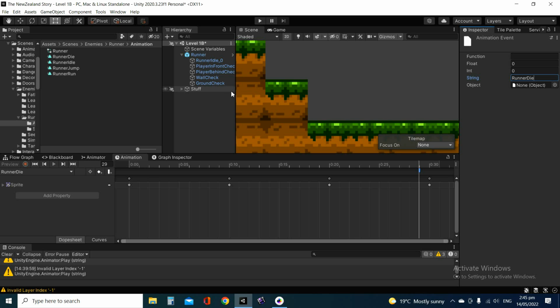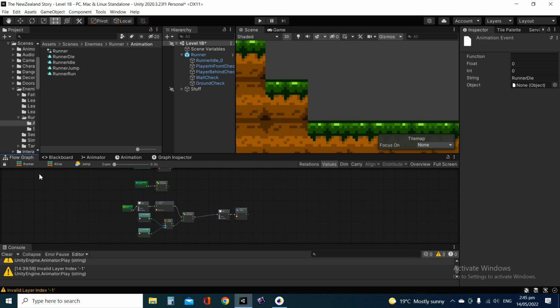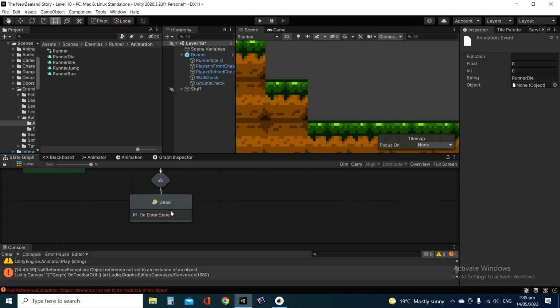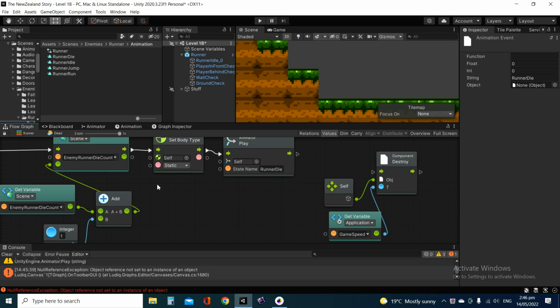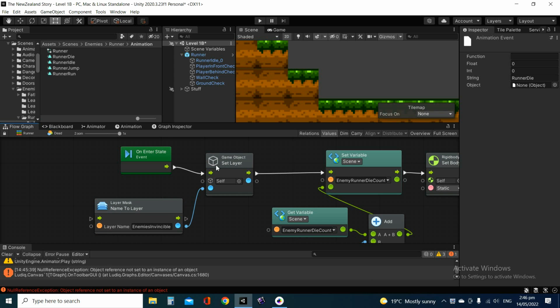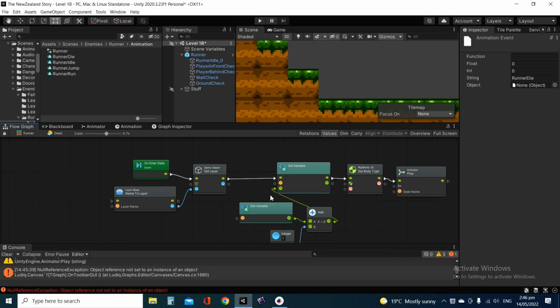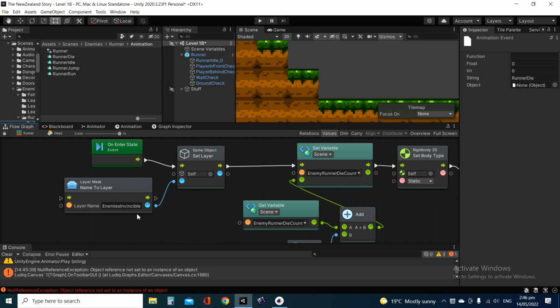Okay. Normally you have to choose an animation event in some drop down box, but for some reason it's already there. So in the string, I'm going to put runner die. So this is under the umbrella of animation. Back here, we will do the dead sequences. And okay, so the dead sequence,